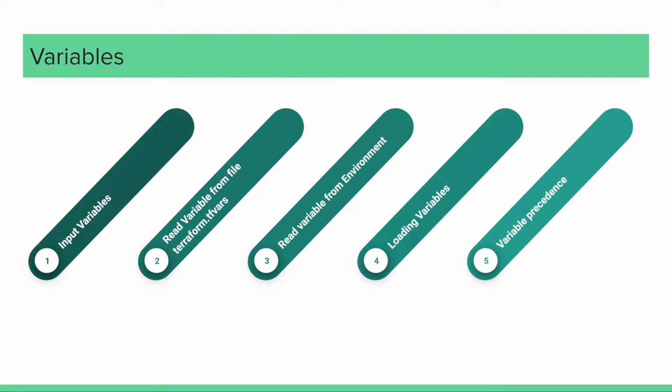In part two, we are going to read the variables from the terraform.tfvars file. If you specify any variable name there, Terraform automatically loads those variables from this file. The third option is to read the variable from an environment variable. We need to prefix the variable name with TF_VAR_ followed by the name of the variable. That way we can read the value from the environment variable. The fourth is for loading input. We have different mechanisms for loading inputs. Either we can use the terraform.tfvars file, which is loaded automatically,